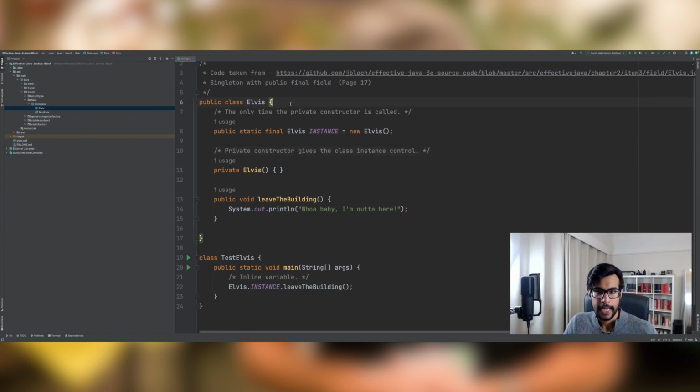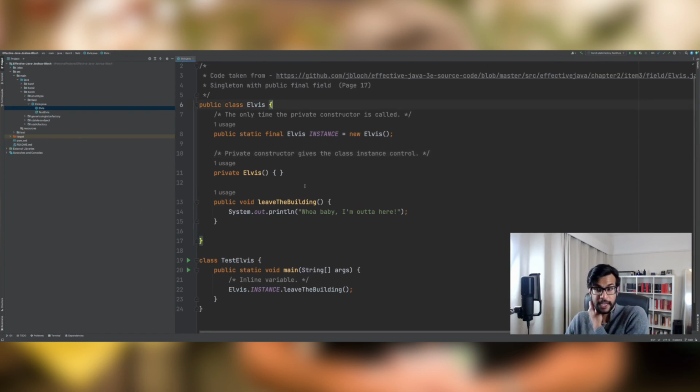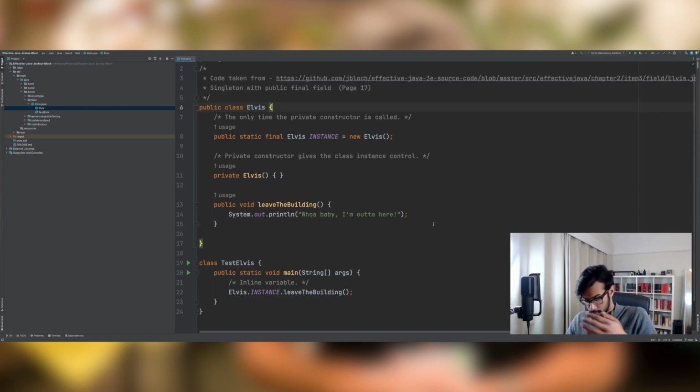What we have here is a public class called Elvis. By the way, most of this code I've taken from Joshua Bloch's book. The code is used in the book itself. I've just refactored it to make it a bit easier for us to understand. For me to understand, I should speak individually because I don't want to pretend as if I'm speaking on behalf of other people here. For me to understand, and as you can see here, the instance is declared final, so